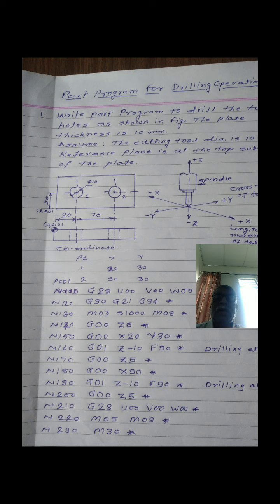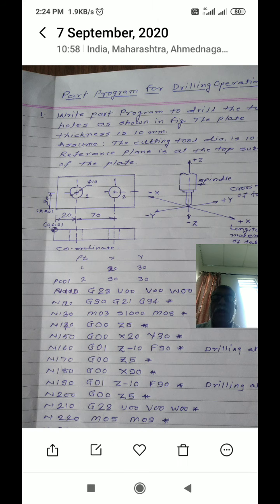What are the UVW? These are the parallel axes with X, Y and Z respectively. Is it okay? U is parallel with the X axis, V is parallel with the Y axis and W is parallel with the Z axis. Is it okay? Then you have to write the next block, that is sequence number N120 G90